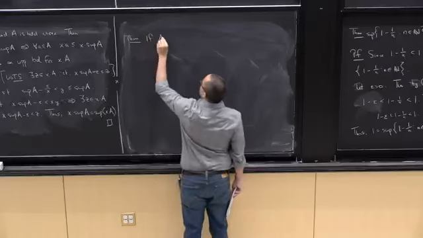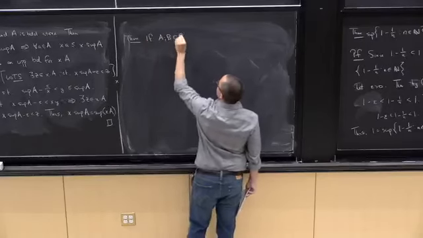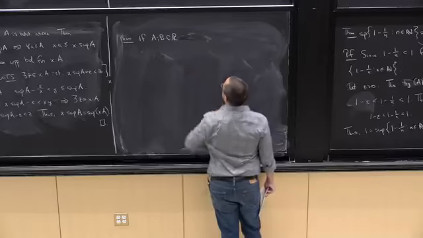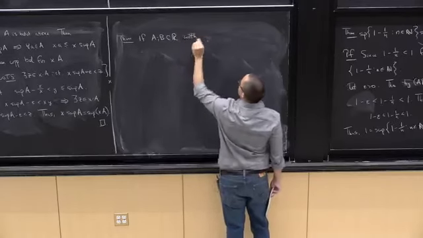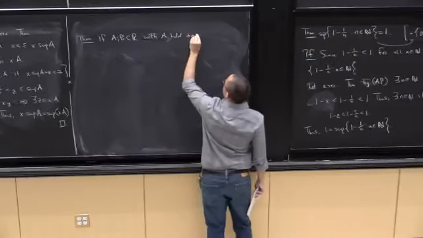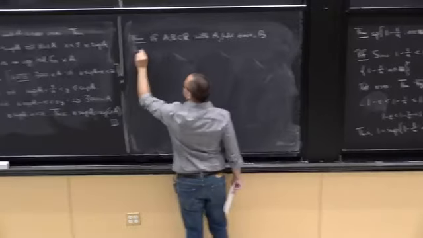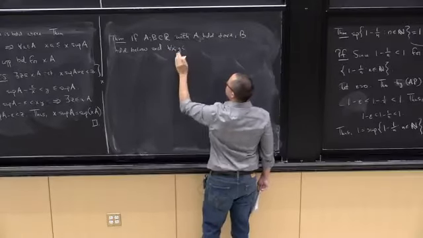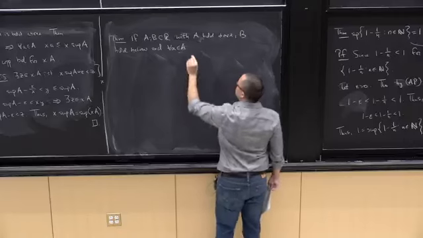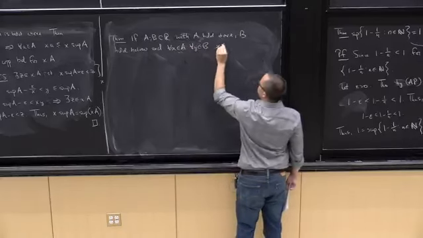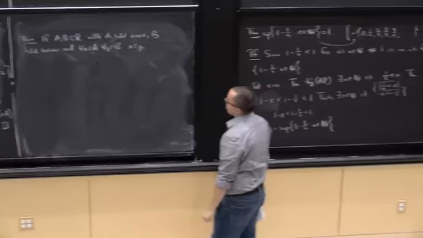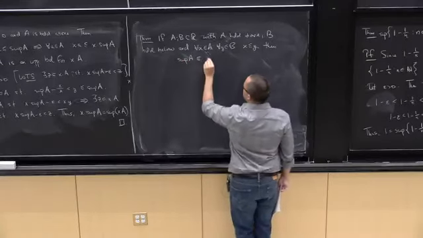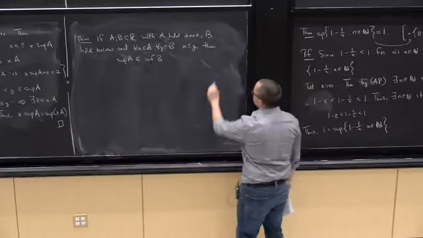Namely that if A and B are subsets of R, with A bounded above, B bounded below, and for all x in A and for all y in B, x is less than or equal to y, then sup of A is less than or equal to inf of B. Okay, so picture-wise,